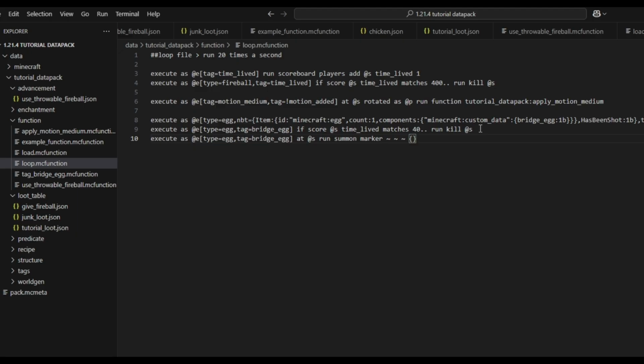I want a big bracket here. Inside there we want tags, and then a medium square bracket. Inside the square bracket we want time lived and bridge egg tracer. This here basically traces the location of the bridge egg, which is very useful because, as you may or